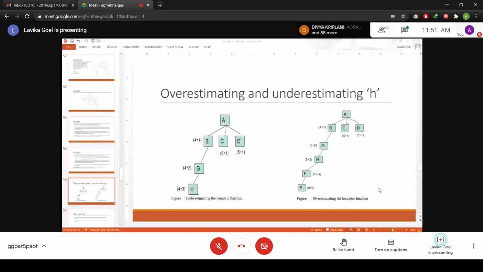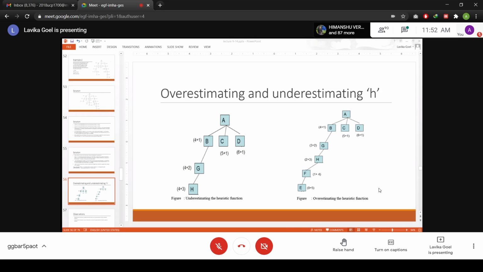Okay, fine. So what I was saying was, students, that if you are overestimating the heuristic function, you are not guaranteed to find the optimal solution. Overestimating and underestimating mean different heuristic functions, right? Suppose I had given an example of the 8 puzzle problem, right? So in the 8 puzzle problem, you could take different heuristic functions. You could take the heuristic function as number of incorrect tiles. You could take the heuristic function as number of correctly placed tiles,